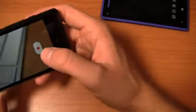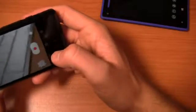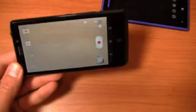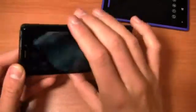Flip over here, for example, and I've got this, and that's great. But I don't have the ability to take still pictures, and that's kind of frustrating. So again, keeping in mind this is $100, a fantastic camera all around, but that said, they still need some of those image features